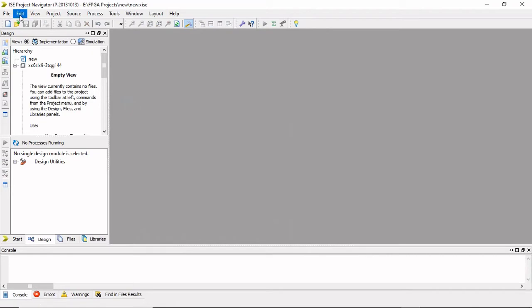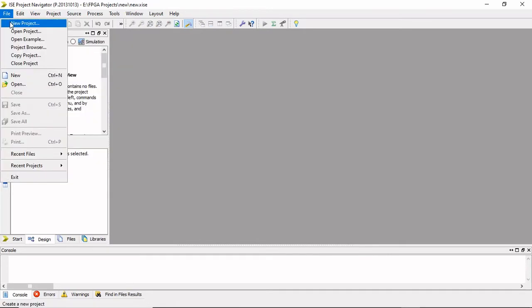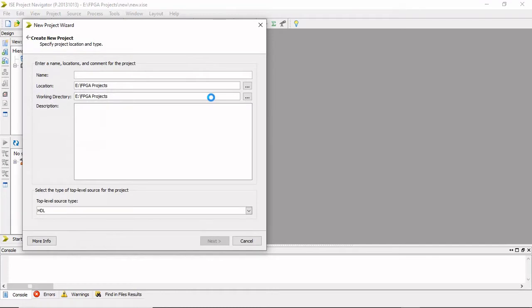So let's create a new project. In this project, we're going to glow an LED using a switch. It's very simple, so as to get started with VHDL, and in the later videos we are going to go with clocks. We are going to use UART. It will be very fun. So let's see. This is the first program. Let's name it first, and next.